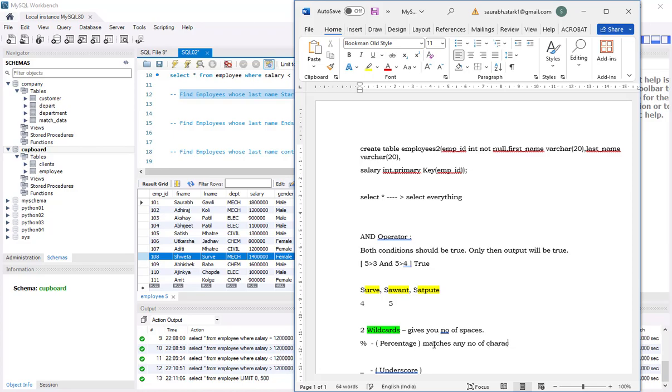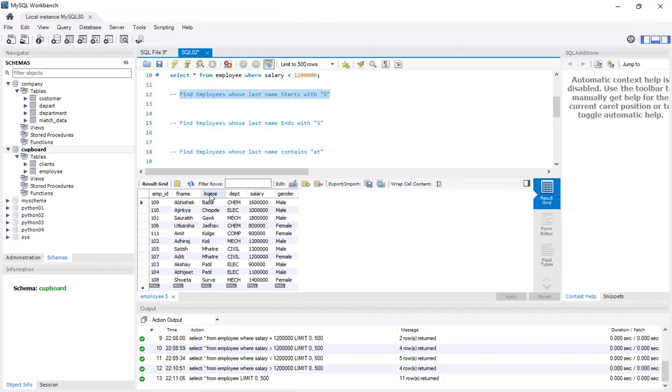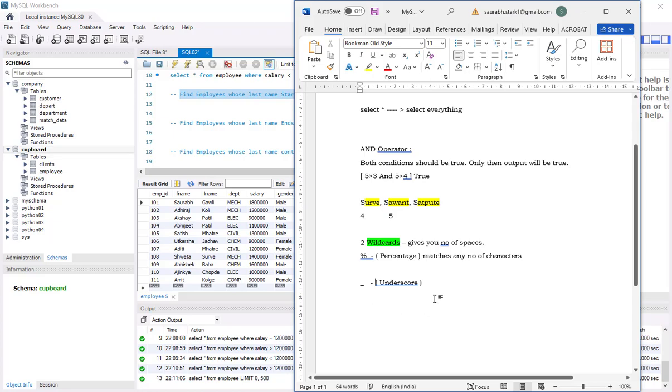It matches any number of characters. What does it mean, any number of characters? So in our last name list, it can be anything. It will not matter how many letters are there. It will only match the first letter. The rest will follow. What does that mean? If we want to find this, our query will look like